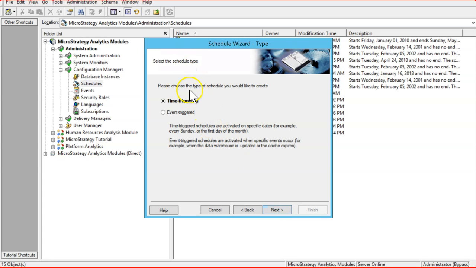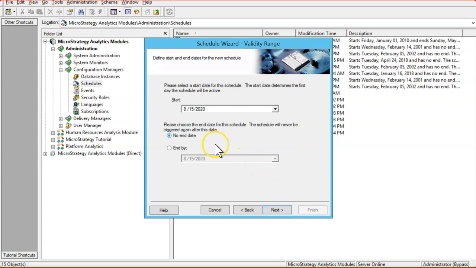And we have two types of triggers, the time trigger or the event trigger. The time trigger is if we are going to schedule this based on the time. Let's say I need to execute this schedule every 15 minutes, that means time based. If there are some events, such as users accessing reports or any kind of events, you can generate them.